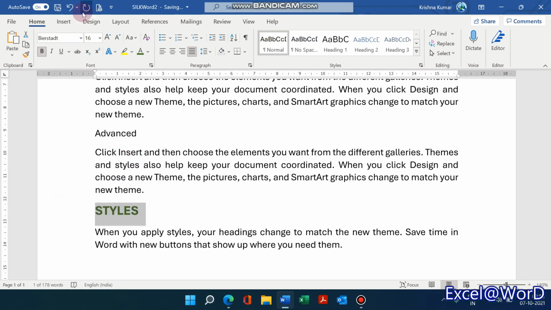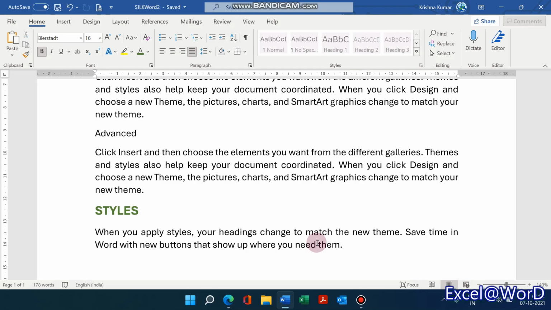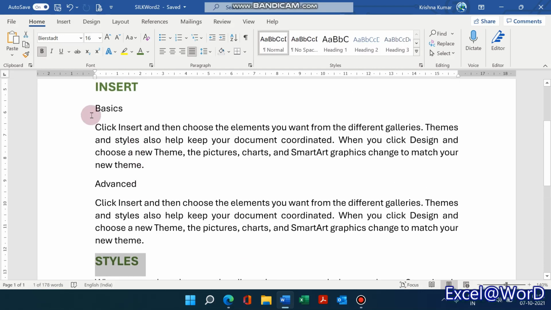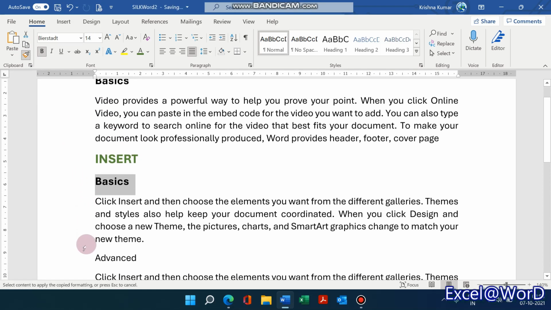So now when you visually see the document, you will see that video, insert, styles are the main topic. And then here, the subtopic basic. This again we will copy the formatting to the advanced subtopic.